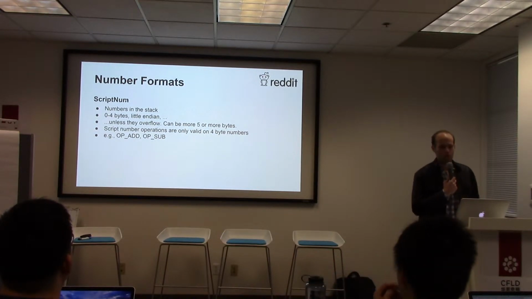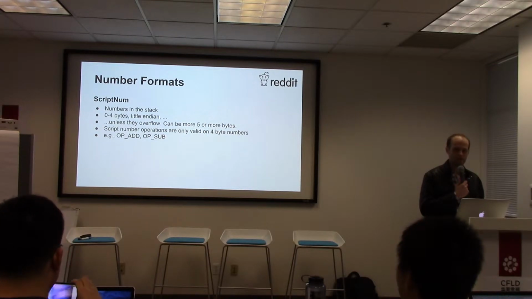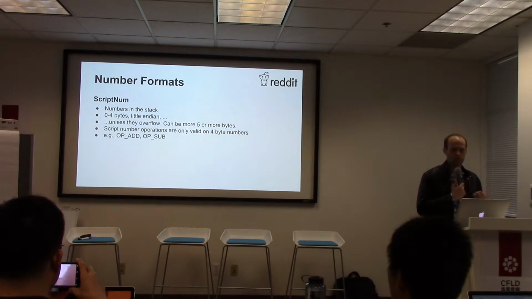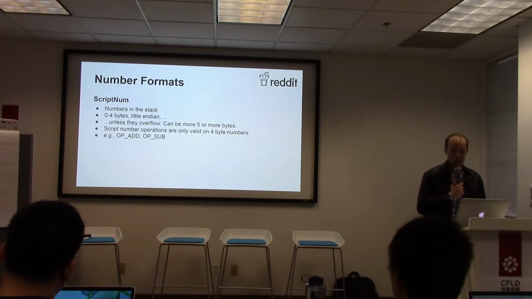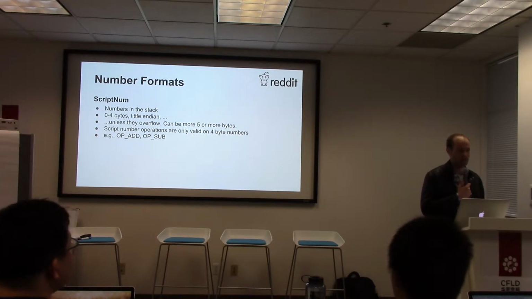There's yet another number format. This is something called script num in the source code. You can perform operations on numbers in a script in Bitcoin, and Satoshi implemented a novel form of number. I don't really know why. Well, actually, I can guess why, which is that